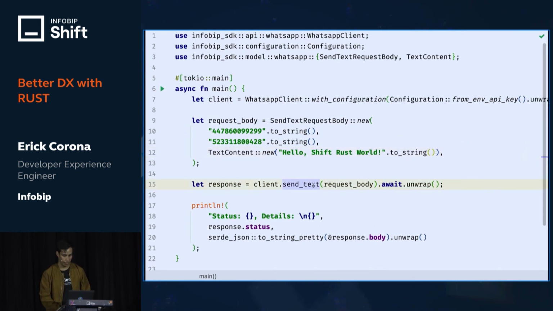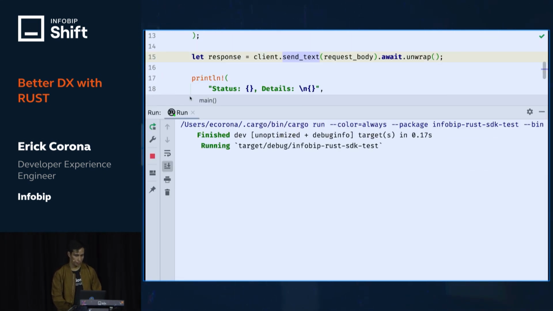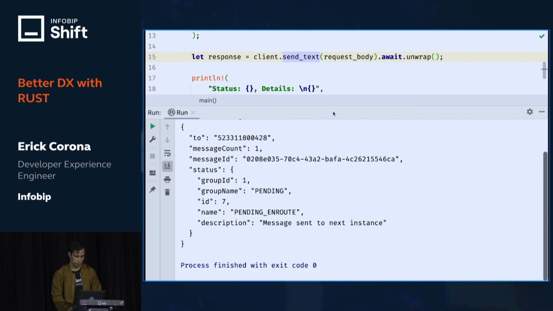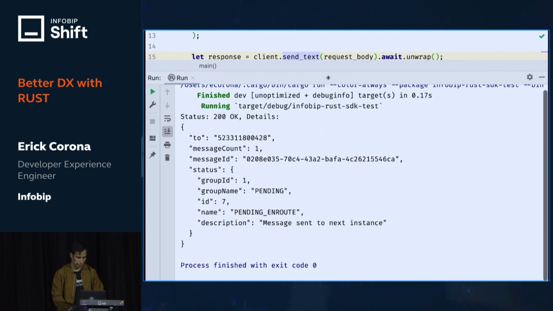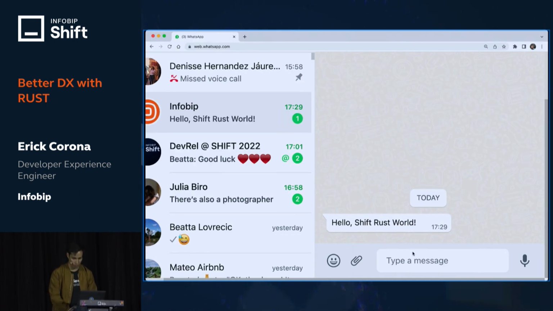And then you just call the send text method of the client and get a response. And then we just print that response. So if we run this, you see that it's compiled and it runs. And you get a nice 200 OK response with some details about the state of your message. And as you may have seen, here's the message I got,